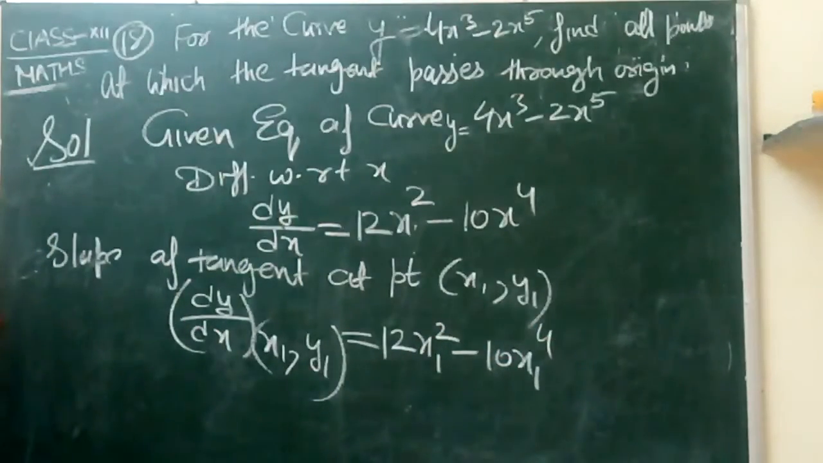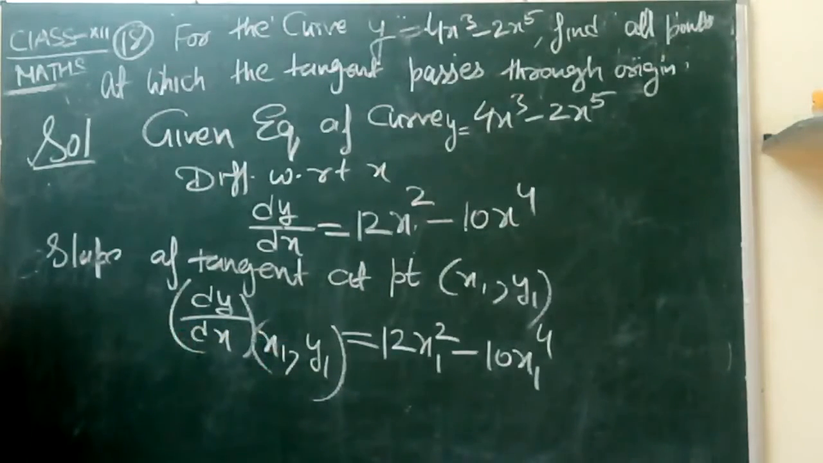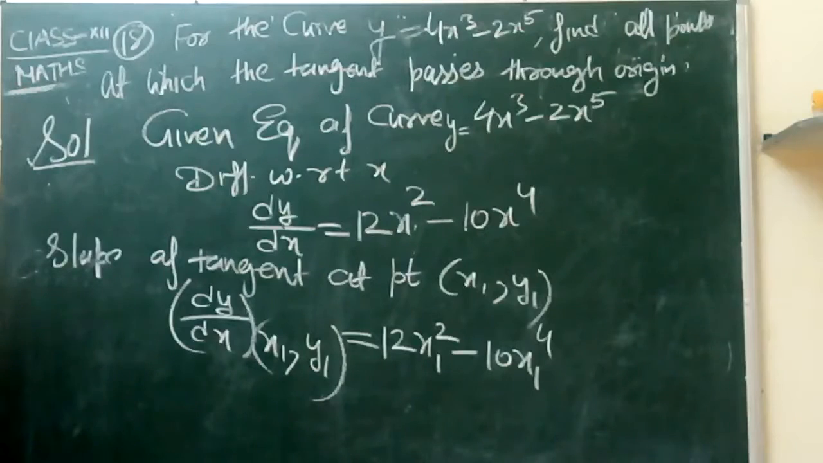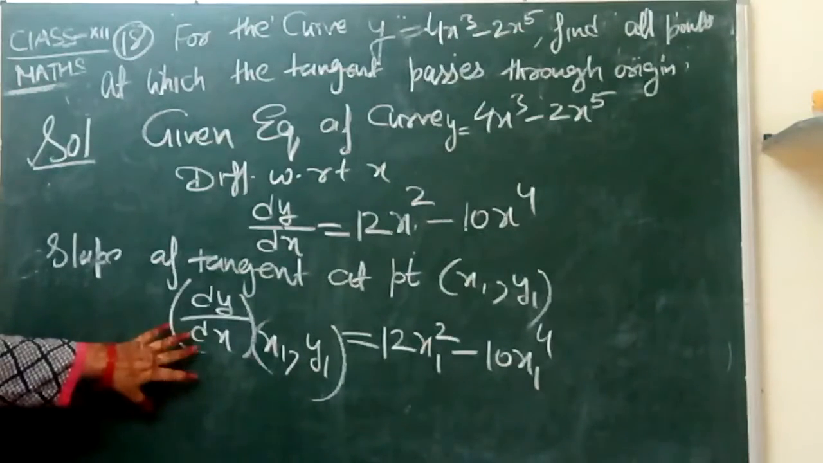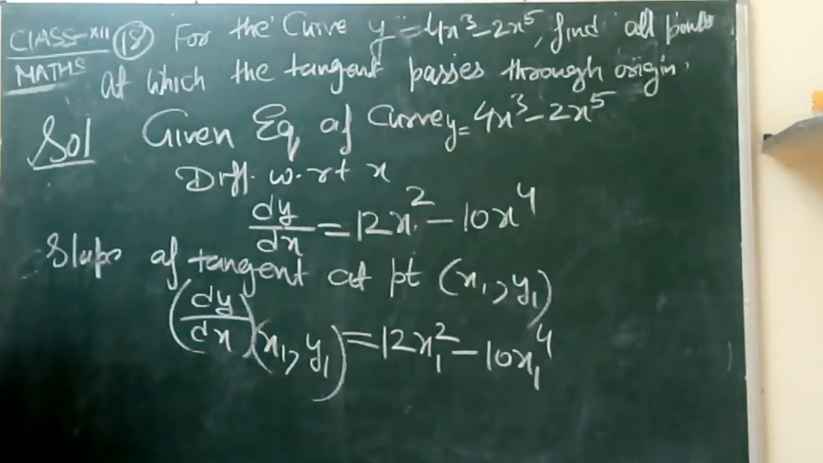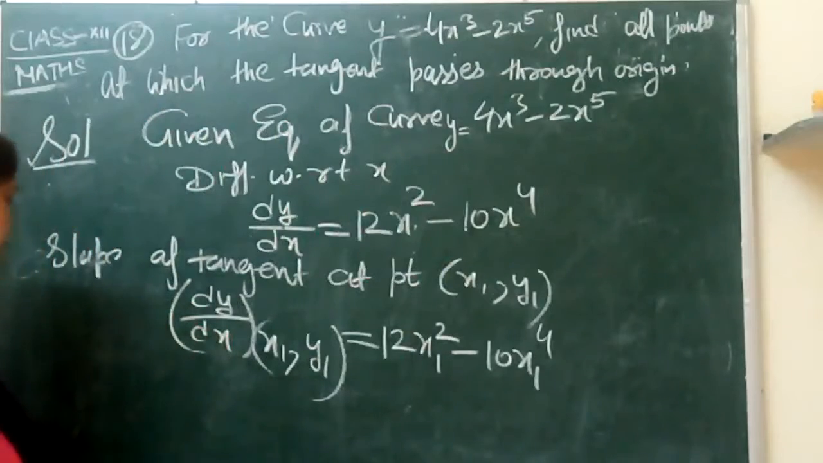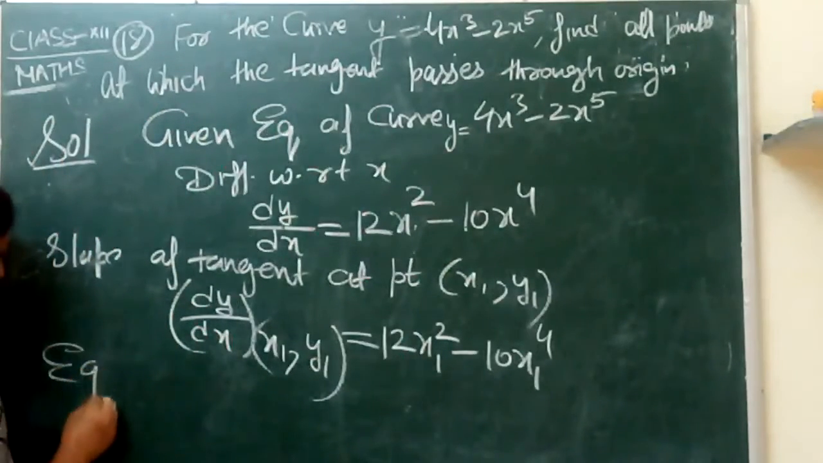This term is the value of dy/dx, the slope of the tangent at point x1, y1. Now we have to find the equation of the tangent. What is the equation of the tangent? That is y minus y1 equals m into x minus x1, because the tangent passes through the origin. Now the equation of the tangent